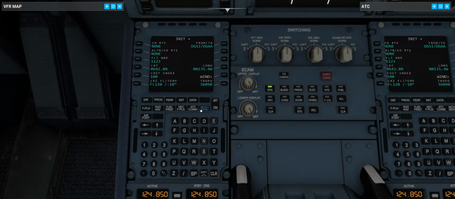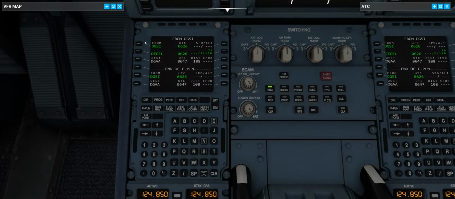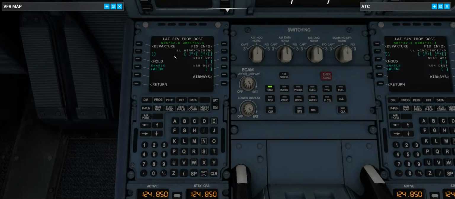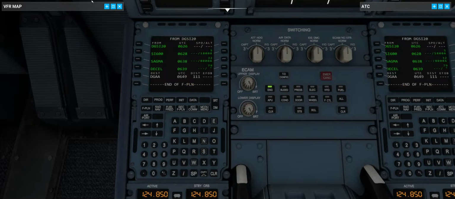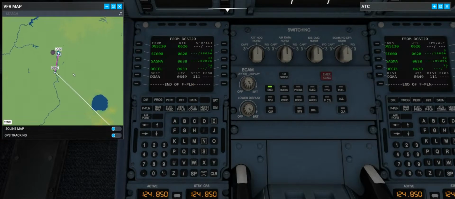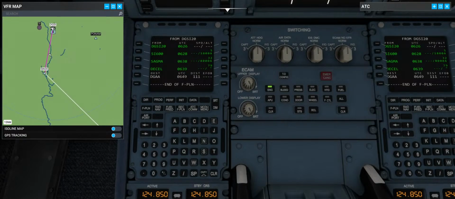All right, now let's input our flight plan in here, and we're starting from DGSI, so we're going to add in our departure here. We're going to go 200 degrees, north of the runway, to the north side, so 200 degrees, and we're going to go with this one here, Sierra Alpha Golf Mike 1 Delta, like this, and we're going to hit insert. So if we bring up our map, it should be visible here, is going to be our departure,